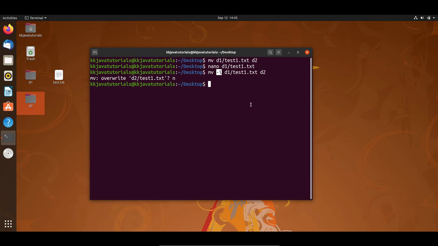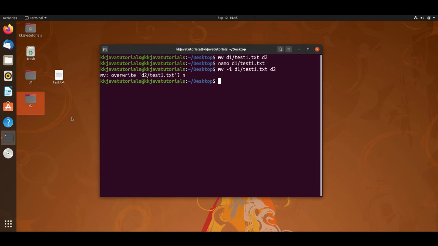And now I'm going to tell you some use cases over here. Now let's say I would like to move the directory D2 into D1. How can we do it? It's very simple. You have to write mv, as these directories are already available on the desktop, and we are on the desktop. So you just have to give mv, and then I will write D2. This is my source directory, and I would like to move D2 into the D1 directory, which is on the desktop itself. If I press enter, then the entire D2 directory is going to move into D1.